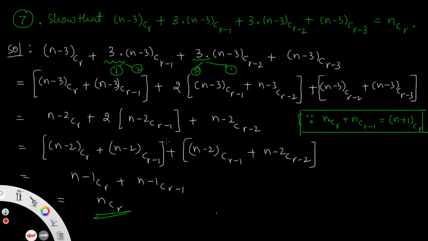Then regrouping by first term with this 2 terms of one of the second term and another one of the second term with last term. Now becomes this, in the form of nCr plus nCr-1 equal to (n+1)Cr. That is why I am regrouping by brackets. This becomes (n-1)Cr. This as (n-1)C(r-1), again in the form of same formula. Then you get lastly nCr. So this is the question number 7. Now go to the question number 9.